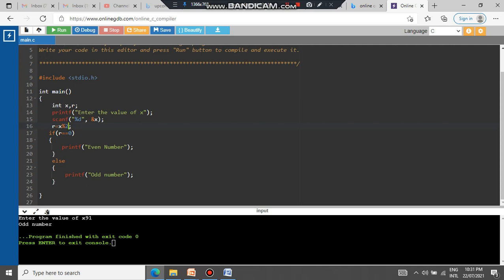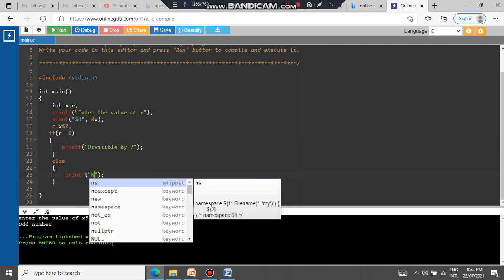So in that case I will divide it by 7, instead of 2. Then if r is equal to 0, it means that it is divisible by 7. So we will do the changes here. Divisible by 7, and otherwise in the else part, if it is not 0, in that case it will be 1, 2, 3, 4, 5 or 6, and it is not divisible by 7.